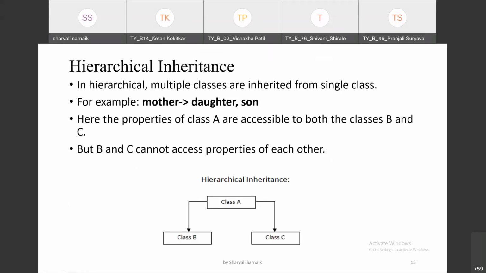So next is hierarchical inheritance. So we'll see what this hierarchical inheritance is. In hierarchical inheritance, multiple classes are inherited from a single class.